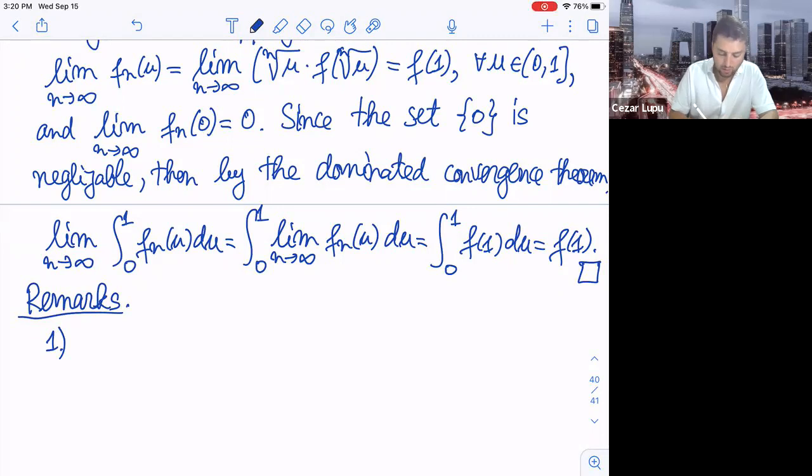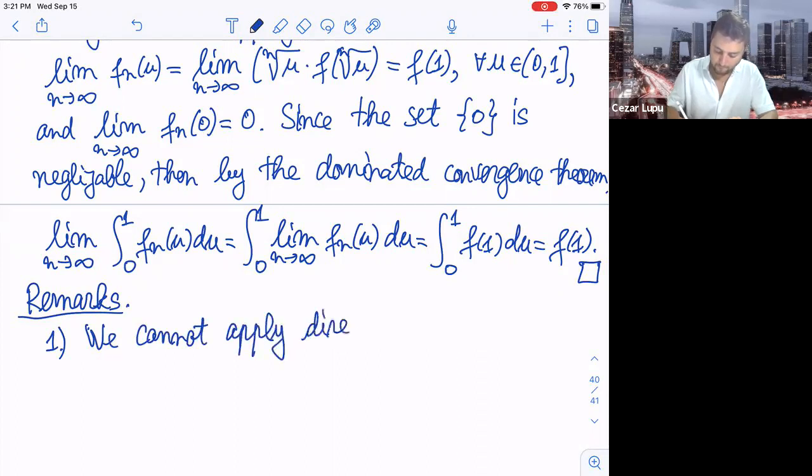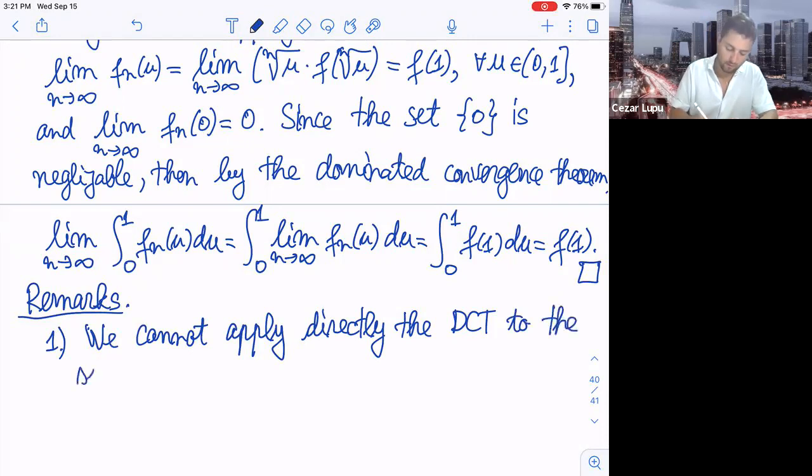The answer is no. We cannot apply directly the dominated convergence theorem